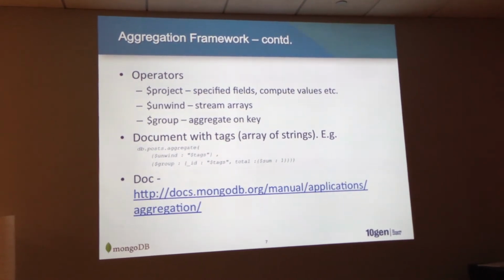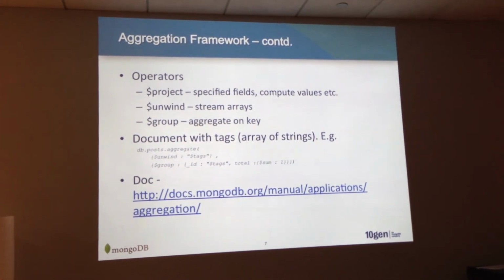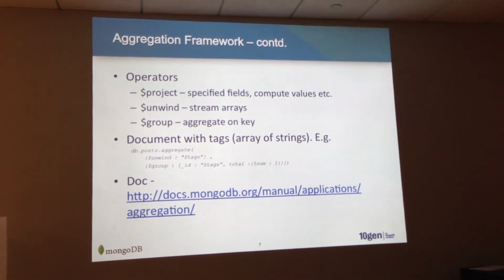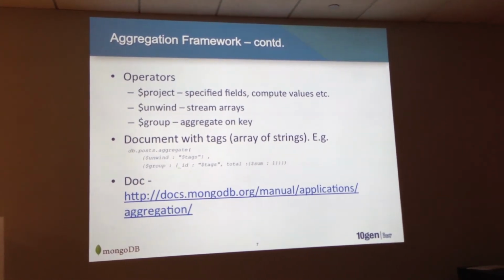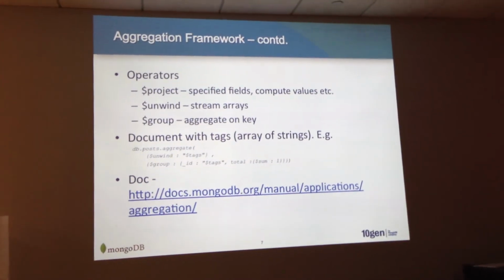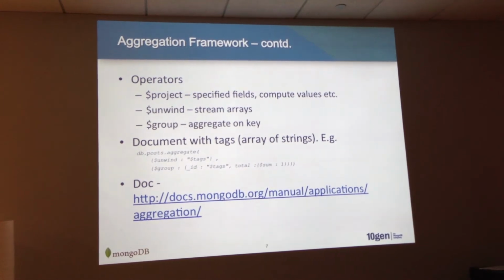This is pretty limiting compared to MapReduce, where the output can be as large as the input. It can be sharded, and there is no problem there. Right now, we're going to add a new pipeline operation called $out in 2.4, and that will let you aggregate anything and send things to